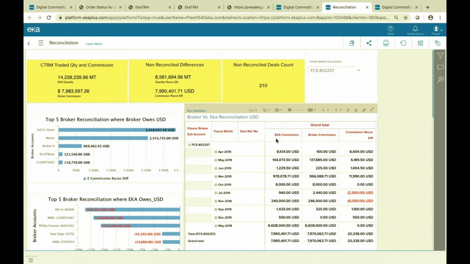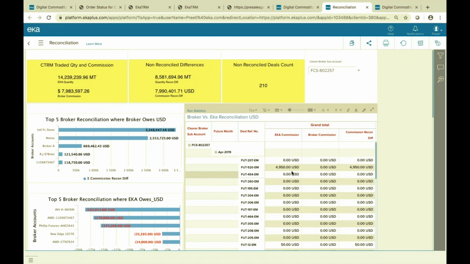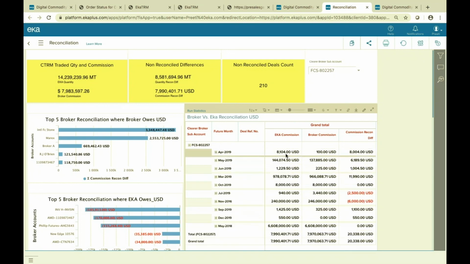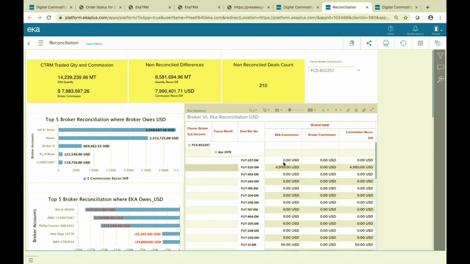So you can get a clear view of saying that, for example, in this FC Stone account, you can see there are ECA's commissions that were recorded. If I just sum it up, it is roughly around $8,000, whereas the broker's is only 100. So you can just quickly expand and see where the underlying difference is, and it can drill down to the trade number and say, 520 was recorded in ECA but is not recorded with the broker. Right, so that's an example of reconciliation, which is a very common way of extending the app,